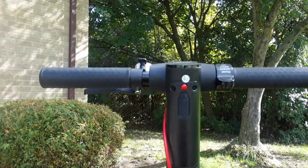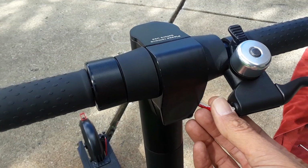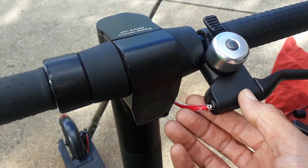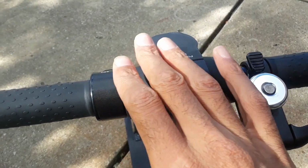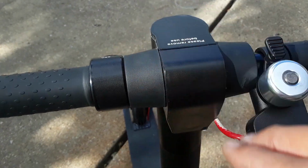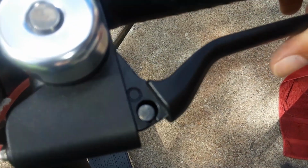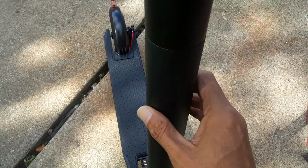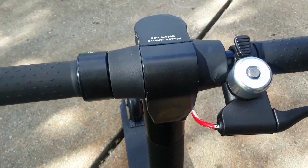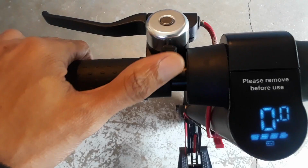Now when I did assemble it, I did have one problem with the brake cable here, and the key to getting the brake cable into the brake assembly is to install the cable before you put the brake assembly on the scooter. So you want to put this cable in there and run the line before you actually attach the whole assembly to the scooter, and you shouldn't have a problem. Gotrax also provided a digital display with a battery readout meter, a bell,